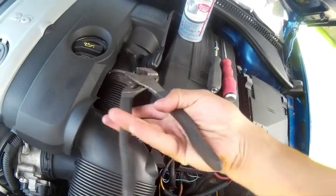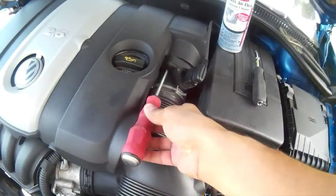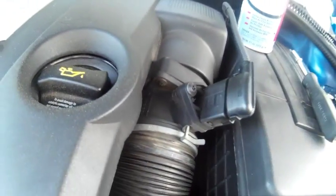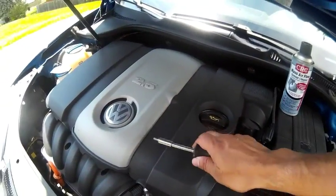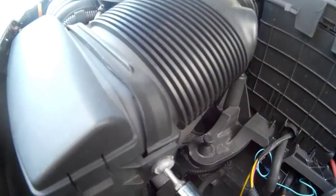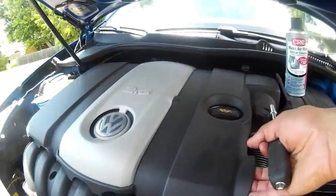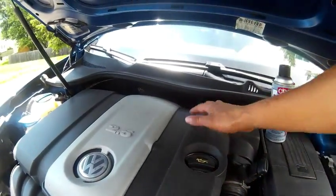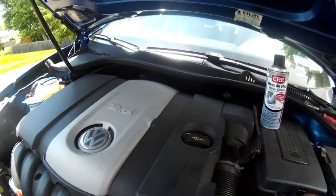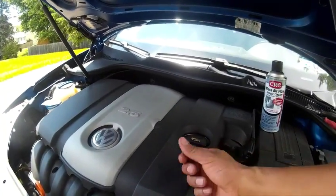We'll need an adjustable wrench, grab that clamp, a Phillips screwdriver, take those out, and we're going to be popping off the whole engine cover. So we'll need to undo these Torx. It's a Torx 20. I already loosened them. There's one there, and if you've seen my air filter do-it-yourself, it tells you how to remove the engine cover. You just pull up on it and just watch the little rubber grommets. Sometimes they stay on the engine mounts,